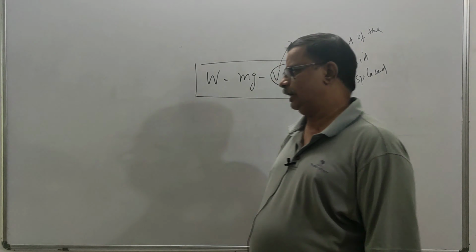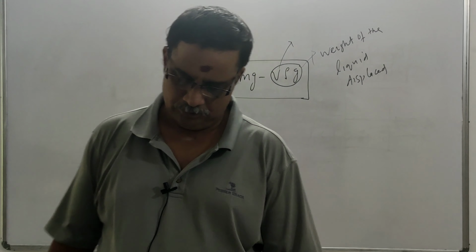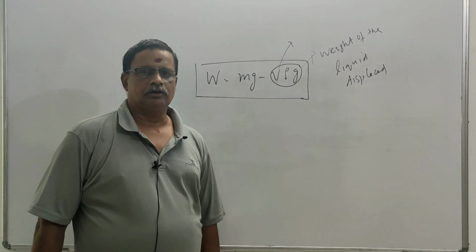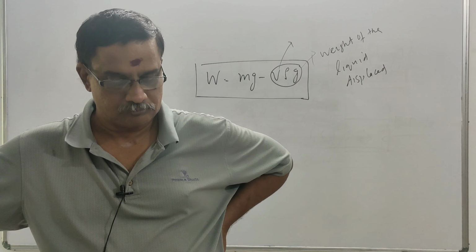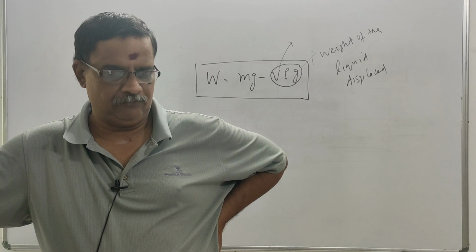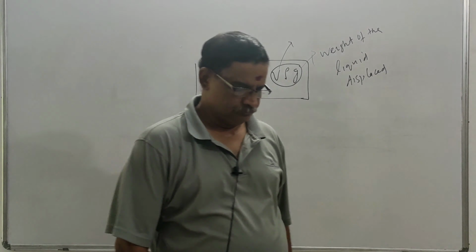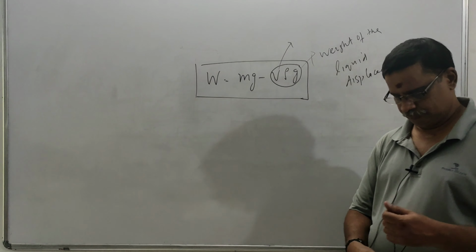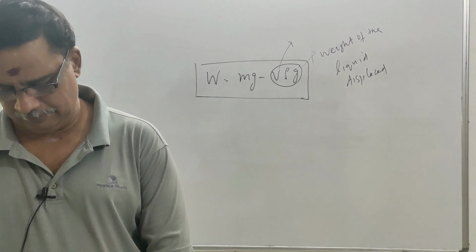So that is about Archimedes principle, W equals mg minus V rho g, which is nothing but the apparent weight of a solid body immersed in a liquid. That's it. Now I will give you a small problem. You may note it down. Okay. Shall we write? The weight of lead of relative density 11,